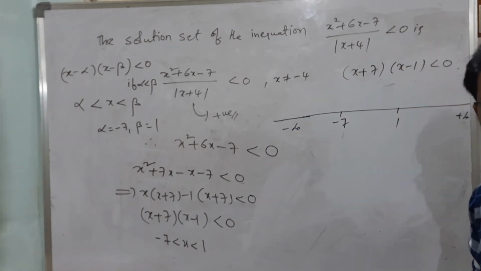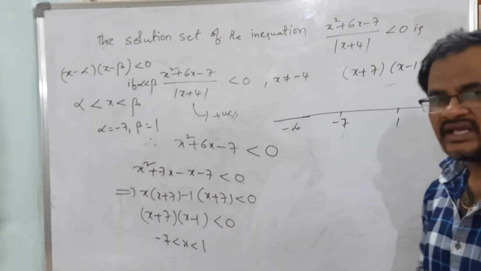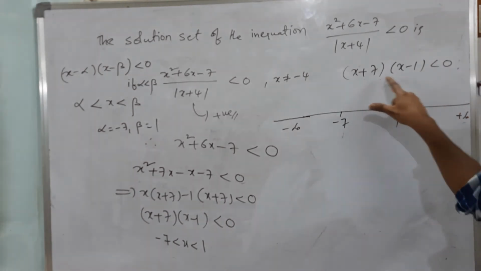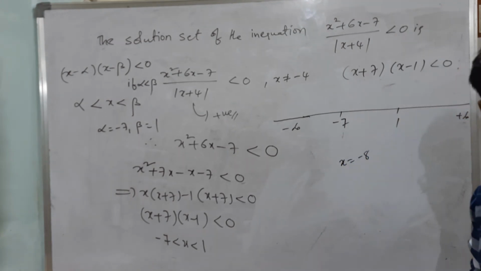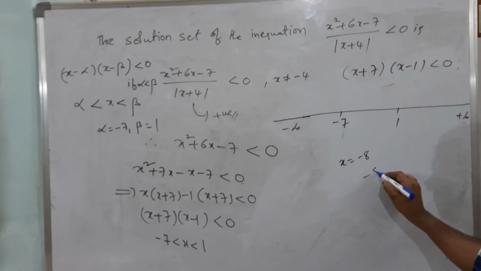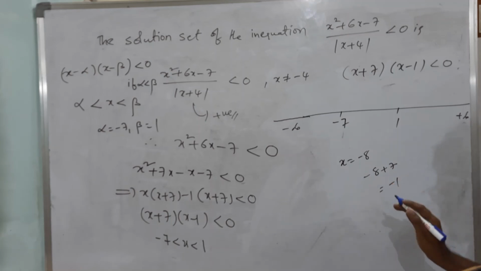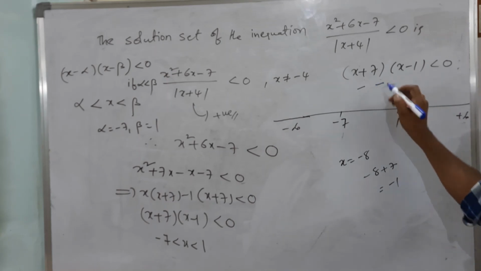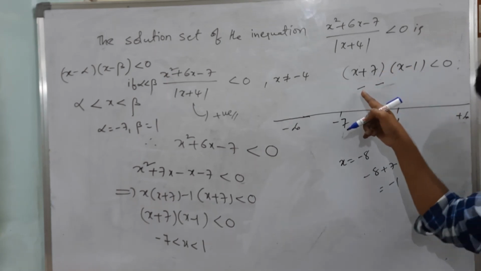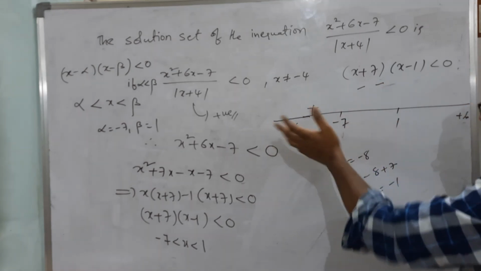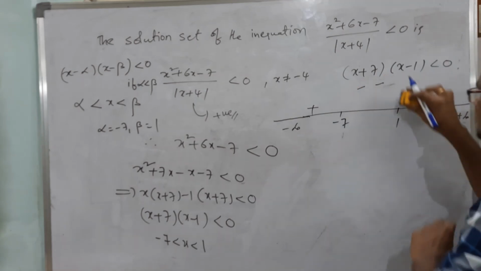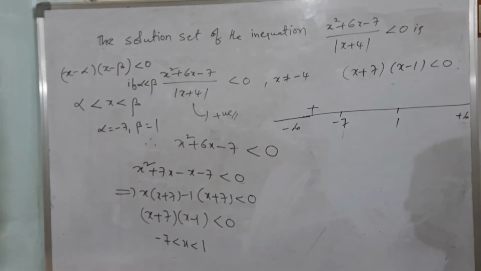After that what we have to do? Less than minus 7, take any one real number and substitute in this expression. I will take x equal to minus 8. Substitute: minus 8 plus 7 is equal to minus 1. We don't need the value, we have to identify negative or positive. Negative, right? Next, minus 8 minus 1 is also negative, and the product is there between these two, so negative into negative is positive. So less than minus 7, any real number you substitute, you will get a positive expression.